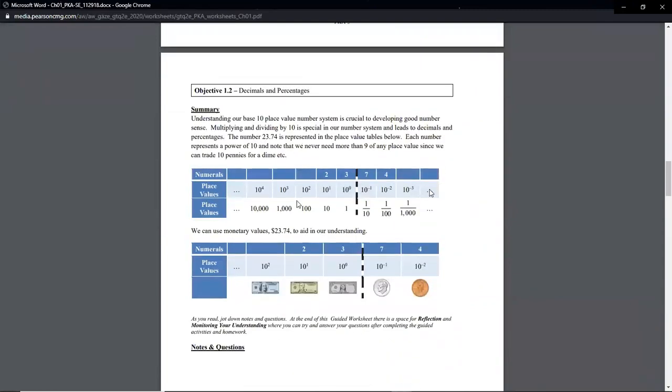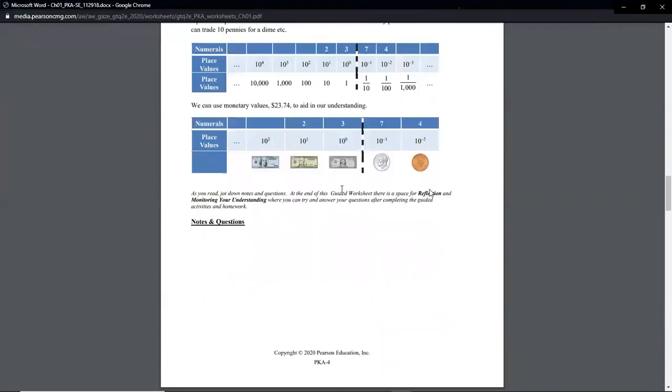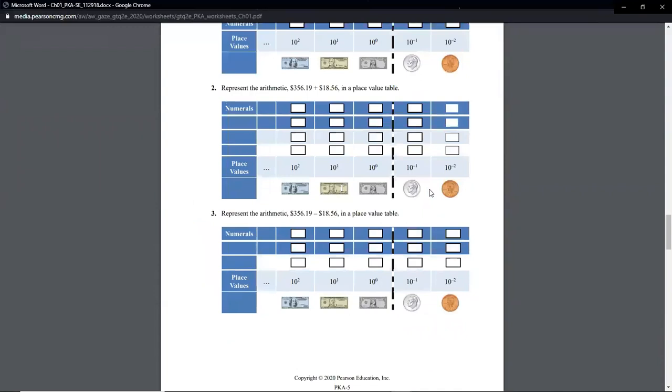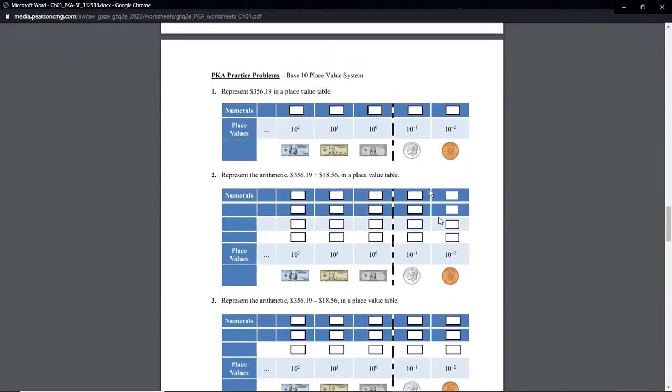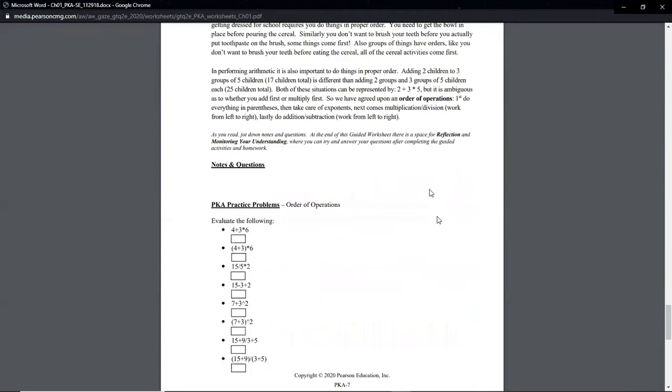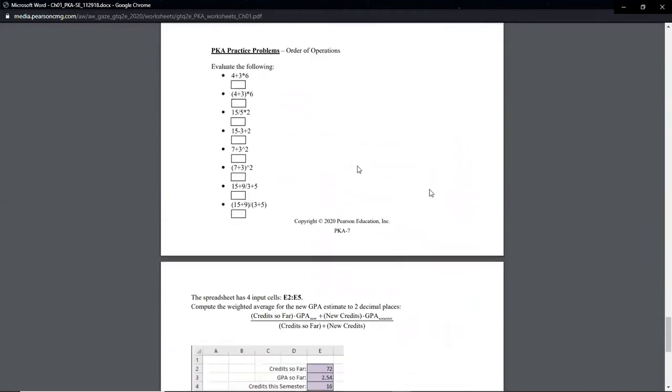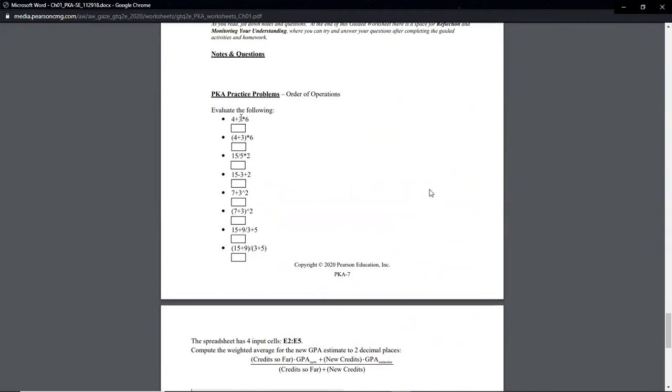So scientific notation, not scientific notation necessarily, but introducing the idea of scientific notation with their exponents and the place values, because those two are very related to each other. And we kind of went over place values a little last time. Some money to give you a sense of what 10 to the negative 1 is: 0.1 or 10 cents. A penny is 10 to the negative 2 because it's 1 cent or 1/100th. These aren't too crazy. Got some order of operations problems. We'll be doing something like this in the next class in 154.